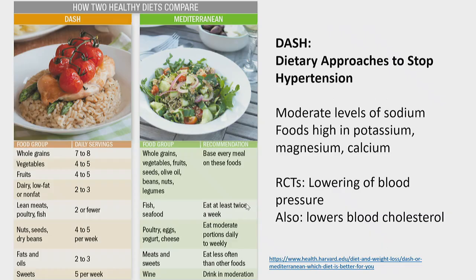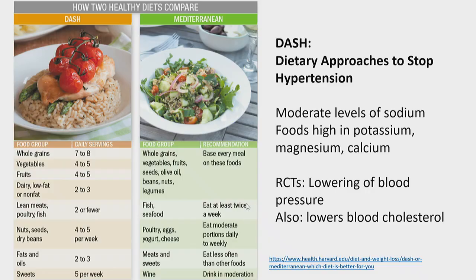This is one. The other type of dietary pattern is called the DASH dietary pattern. DASH stands for dietary approaches to stop hypertension. So it's mainly for lowering blood pressure. Hypertension means high blood pressure. So dietary approaches to stop hypertension is another type of healthy dietary pattern. It also recommends the consumption of fruit and vegetables, very similar to the Mediterranean diet, but the only difference is the amount of